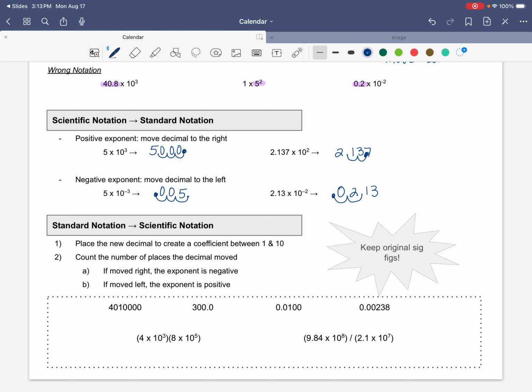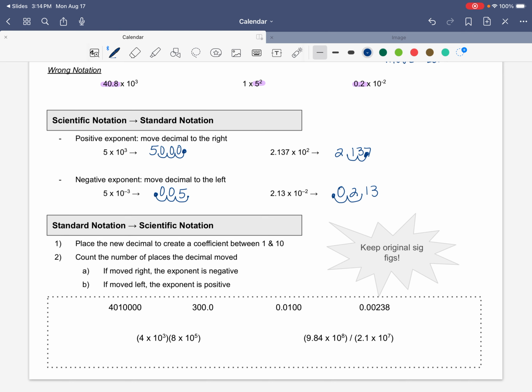And a lot of times, too, we can just look at the number. If it is a big number, meaning it's greater than 1, we're going to have a positive exponent. If it is a small number, meaning it's a decimal, it's less than 1, we're going to have a negative exponent on that base 10. We do want to keep the original sig figs, so we'll be discussing how we do that as well. So for the first one, I have, let's see, what is that,